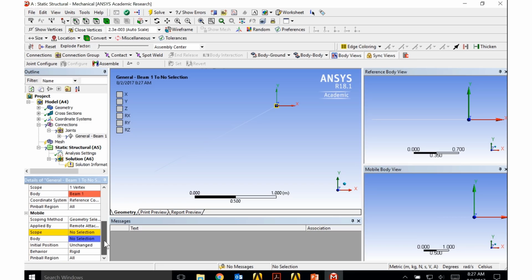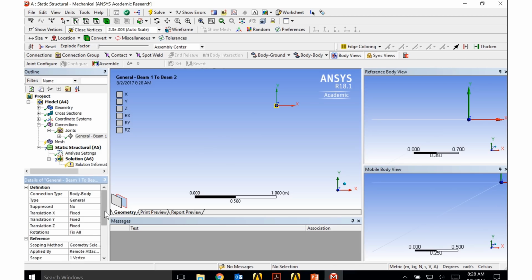Now I need to click the vertex on the second beam, so I come up and click, and now I need to come down here and click on the second plate, which means I'll be clicking on beam number 2. I come to the scope, click apply, and now I can see that I have selected one vertex on beam